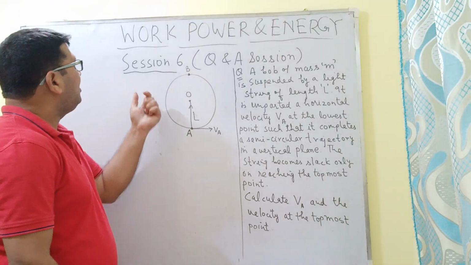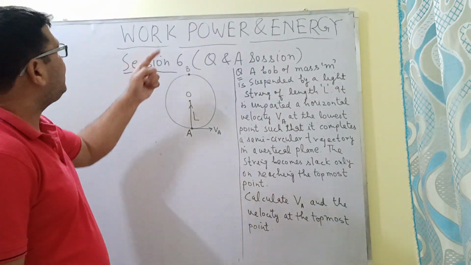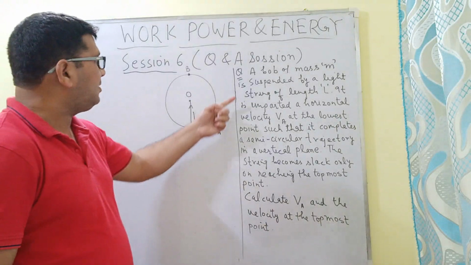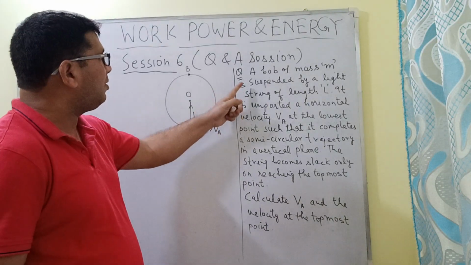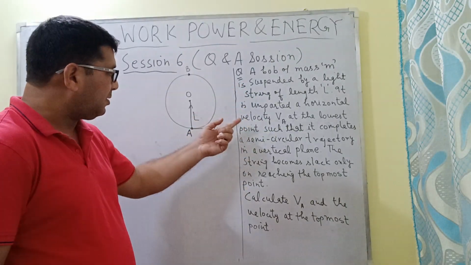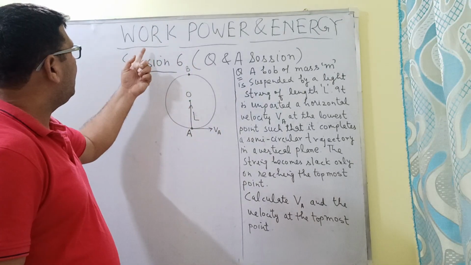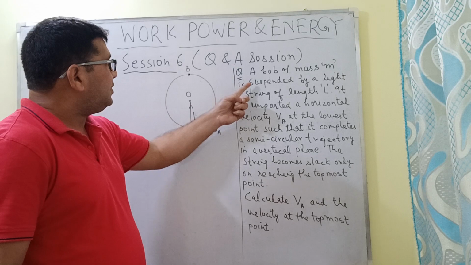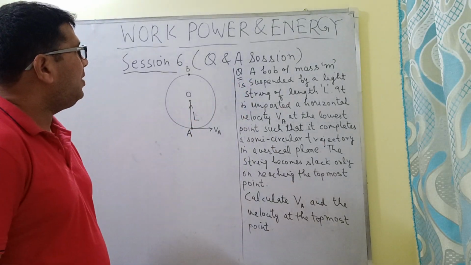Welcome back everyone. Today is session 6 from the chapter of work, power and energy, and this is the Q&A session. In this session I have taken this question from the NCERT book. You can access this question, which is given in this chapter, and the question is, a bob of mass